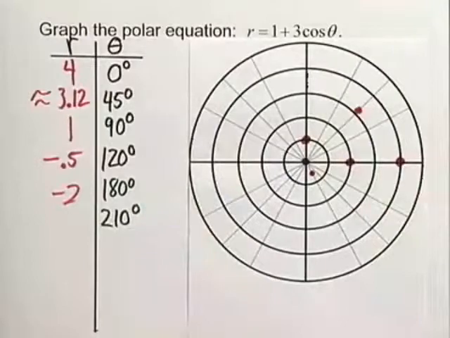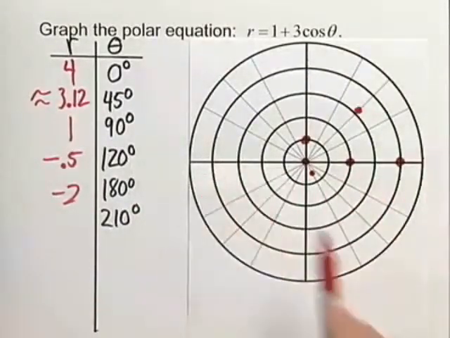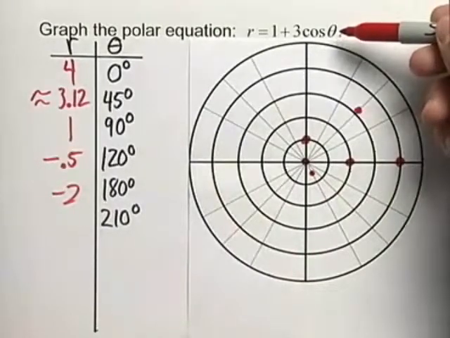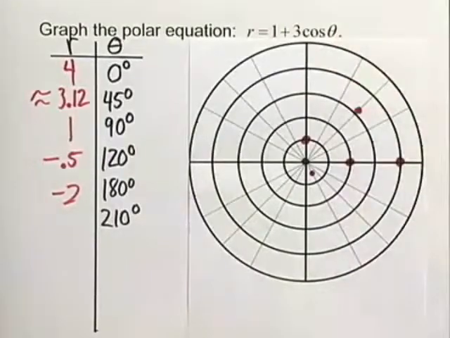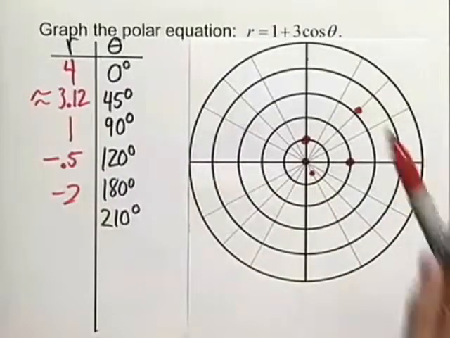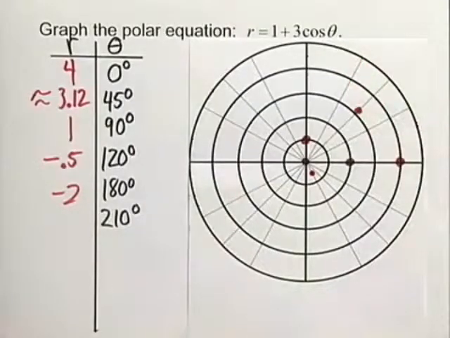Now, the great thing about this polar equation is that we have symmetry with respect to the polar axis. Remember, this occurs if we can replace theta with a negative theta, and it leaves our equation unchanged, then we have that symmetry through the polar axis. Using the fact that the cosine is an even function, we're good to go here,